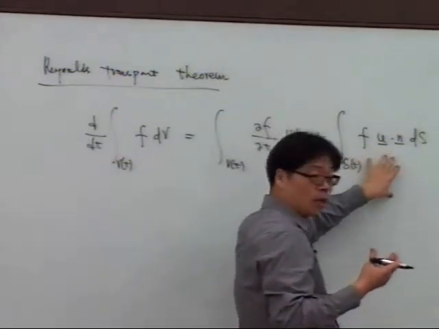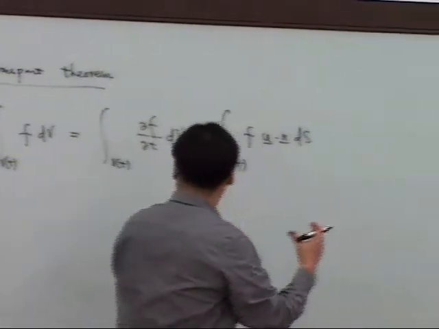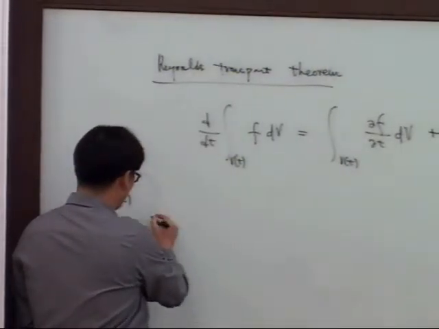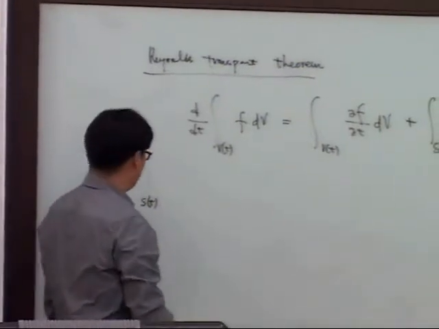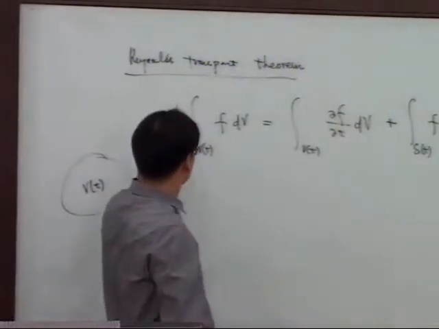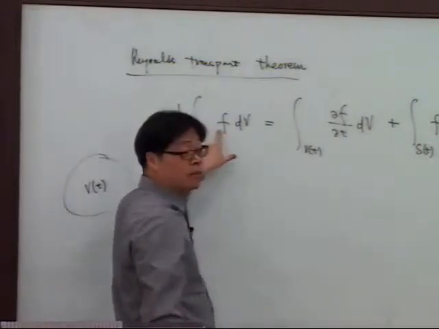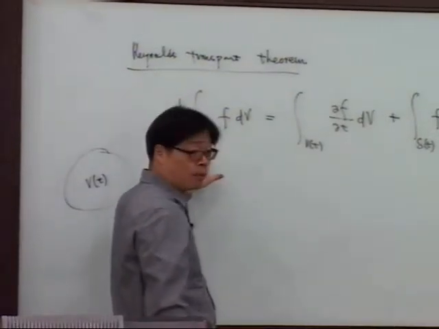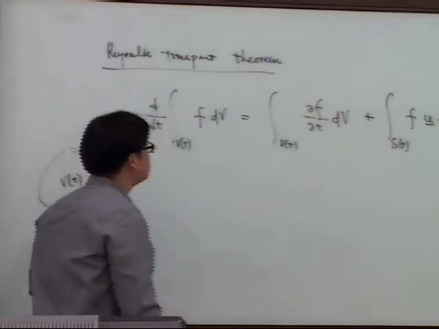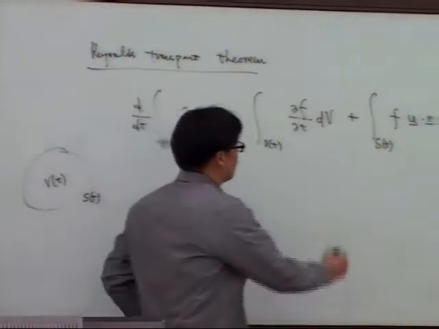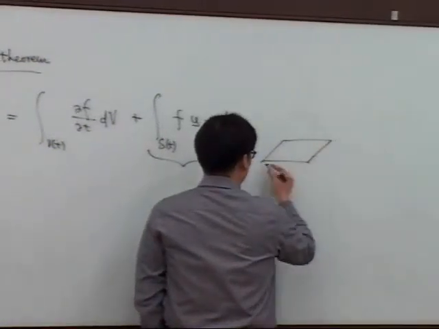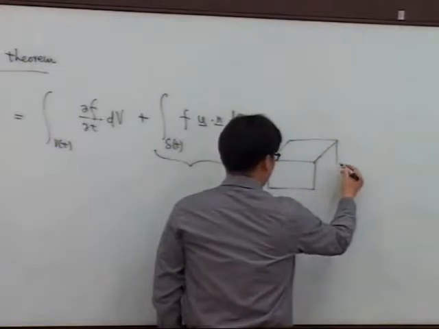And this is the contribution from the flux through the boundary. So this is V of t, and this volume is surrounded by S of t. Okay. So the reason why we have two terms here is that not only does F depend on time, but also the volume depends on time. That's why you have two contributions. So then this is a flux, and we looked at this quantity by taking a rectangular box,